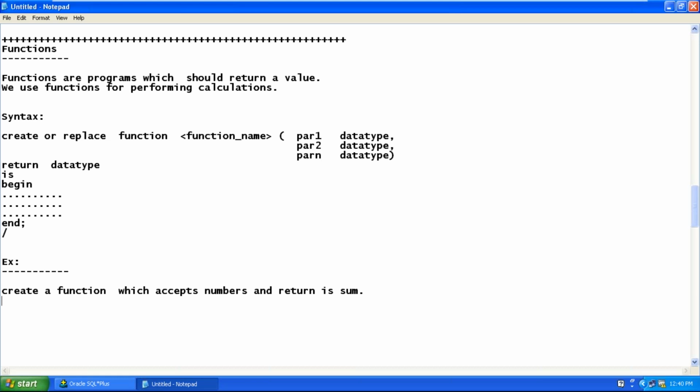So create or replace function. The function name can be anything, for example f1. My function should accept how many numbers? Two numbers. So A number, comma, B number, return data type.